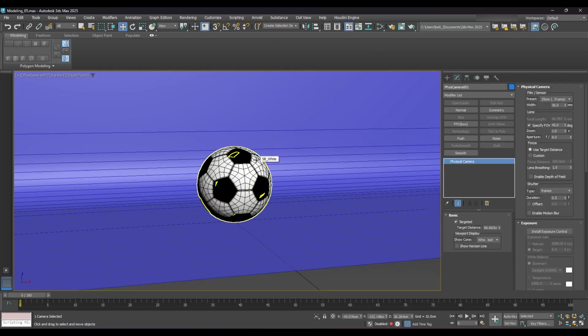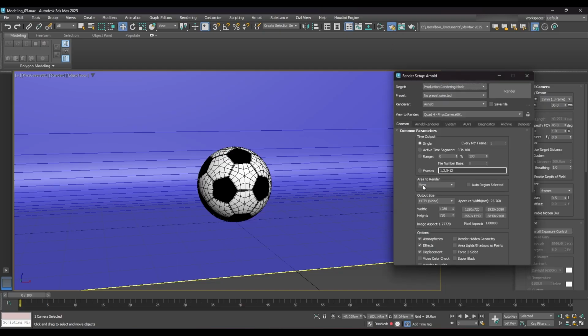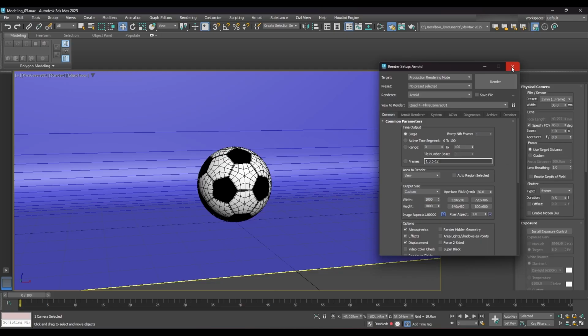So now I want to think about the resolution I'm going to use. So I'm going to go into Render Setup and right here into the Common tab under the Output Size we will choose Custom. We will set the image aspect to 1 and lock the image aspect. We'll set the width to 1000, and that will automatically change the height. So now go ahead and close the render setup,